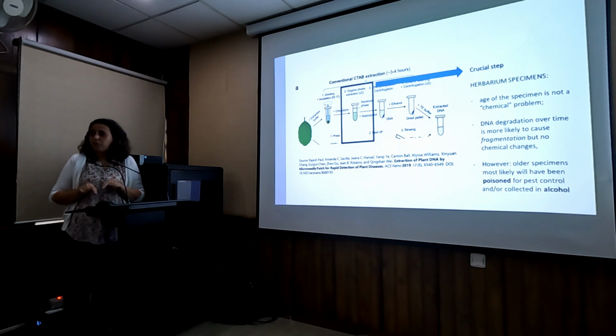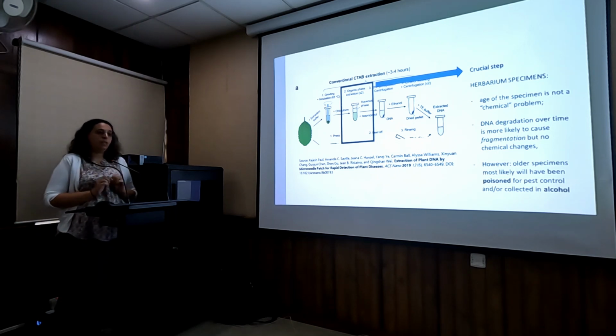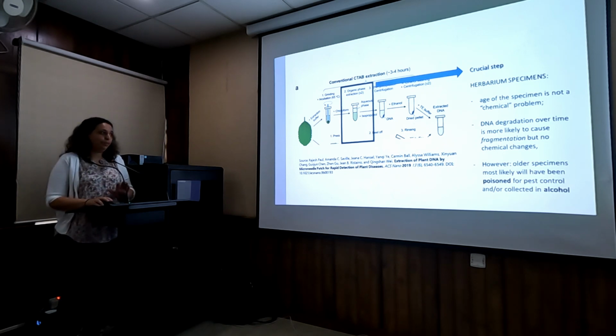But with alcohol, it's still possible. That's okay. We've found ways around it. So that's mostly the problem with the old herbarium specimens. If it's been well collected without alcohol, dried in the sun, it has not been subject to any poison, it's fine. It could be 200 years old, but chemically it will be fine, to some extent. At least the extraction will be